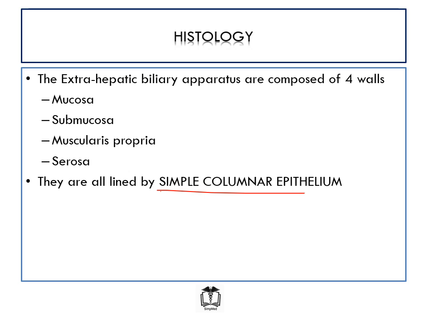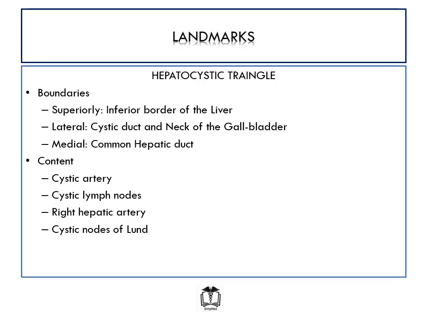To conclude this module, we'll talk about the landmarks in relation to the extrahepatic biliary apparatus, and there are two major landmarks to remember. These are the hepatocystic triangle, which we'll talk about now, and Calot's triangle, which we'll talk about in the next slide. The hepatocystic triangle, also called the hepatobiliary triangle or Rouviere's triangle, is a triangle